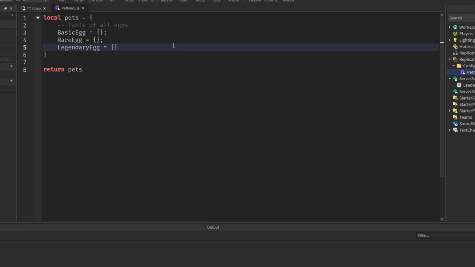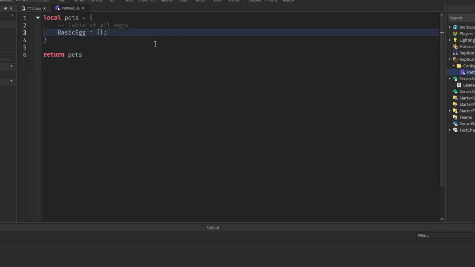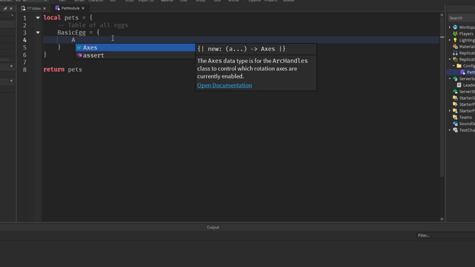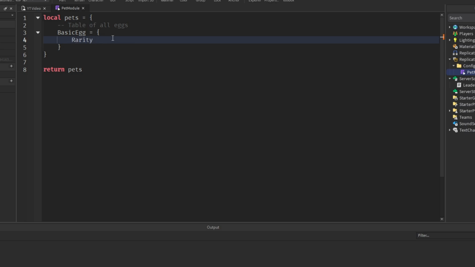But before I move on to the rare and legendary egg, let's just focus on the basic one. So let's open up this table. And first of all, let's get the number of digits in the percentage. I'll call this rarity max. Rarity max equals 100. And what I mean by the number of digits in the percentage, well, I'll try and